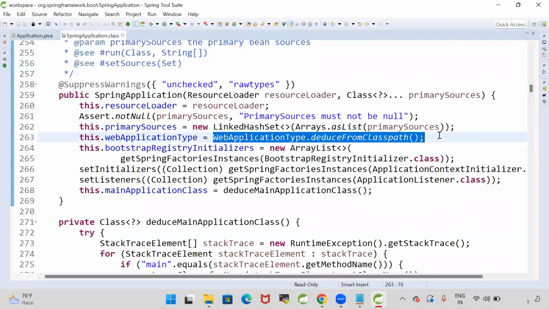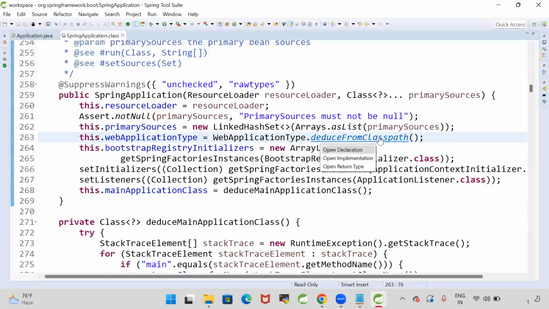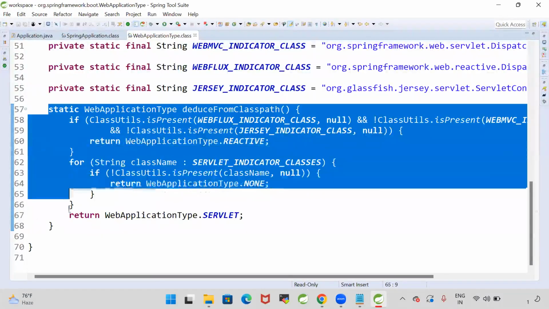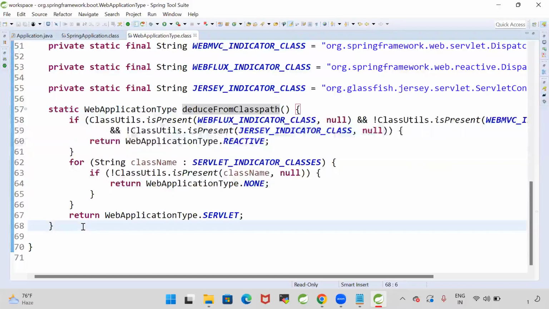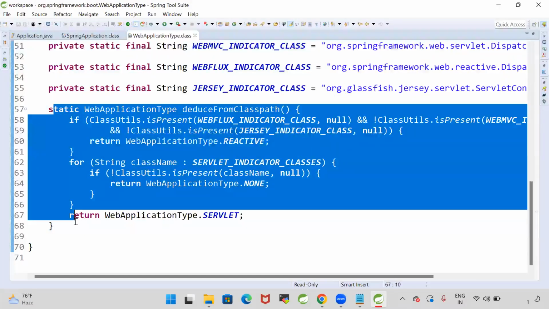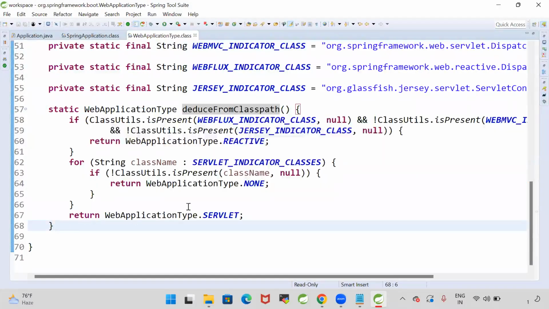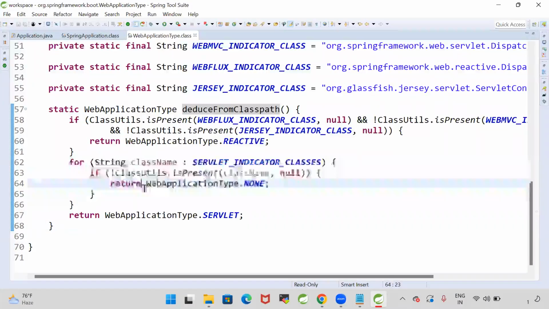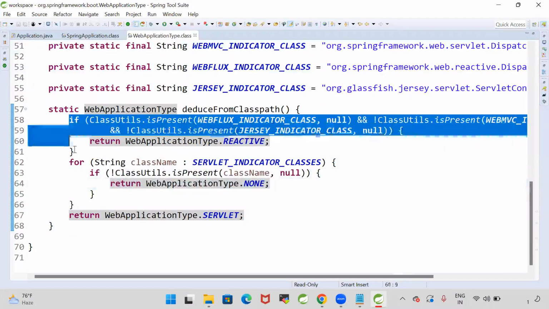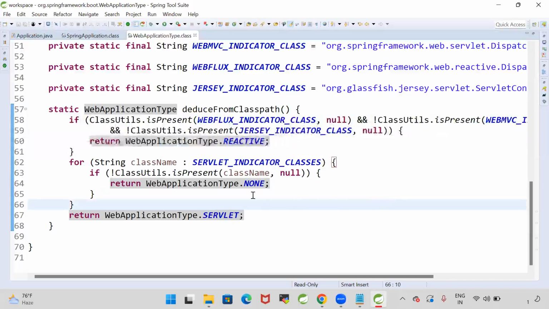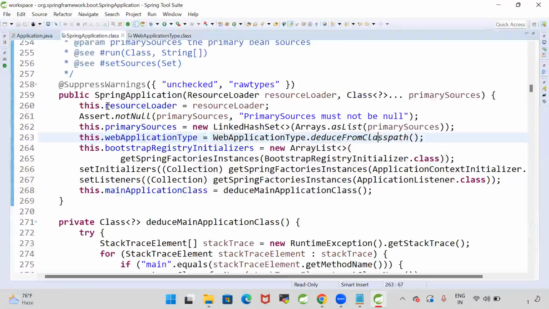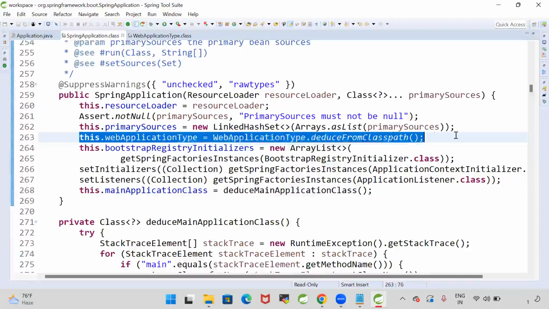Web application type dot deduce from class path. If you go to this deduce from class path method, it is used to identify what type of application we have created. Are we creating just a web application by using Spring Boot? Are you creating a reactive application by using Spring Boot? Based on the dependencies we configured in the pom.xml, this Spring application class is identifying what type of project